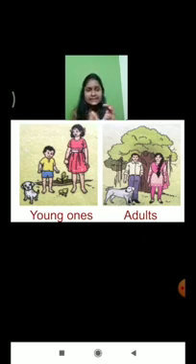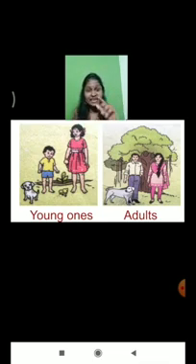What exactly is the difference you see between the two pictures, the young one and the adult one? Any guesses? Can you see that in the pictures there is a growth phenomenon? In the first picture the plant is very small, and then the plant became very big, it has grown taller. In the first picture you can see the girl and boy, they are modified into the man and woman. That small puppy got converted into the dog.